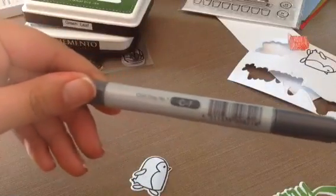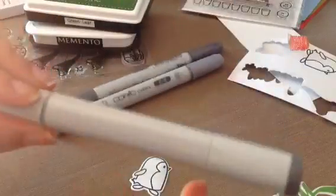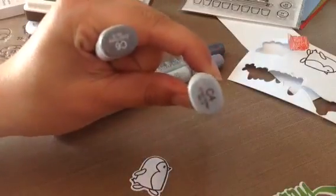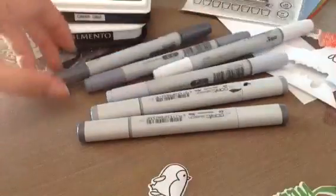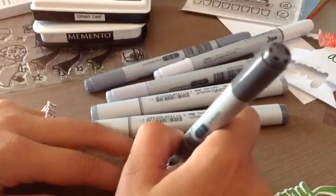But I'm going to use C7, C6, C5, I got a little out of order there, and then C4, C3, and C1. And you don't need every step of the color just because they blend so well anyways. So